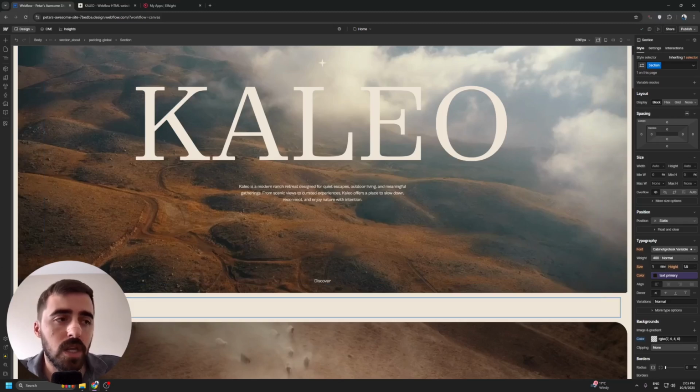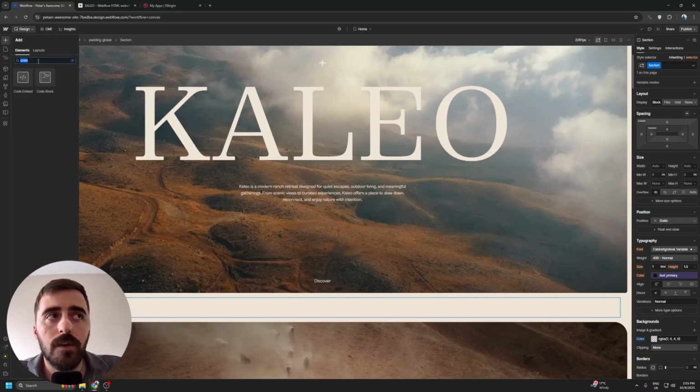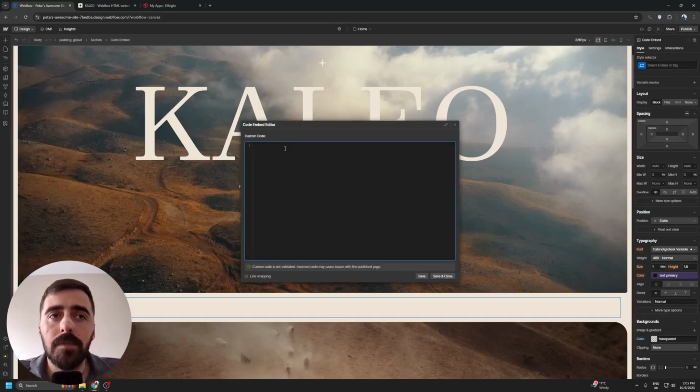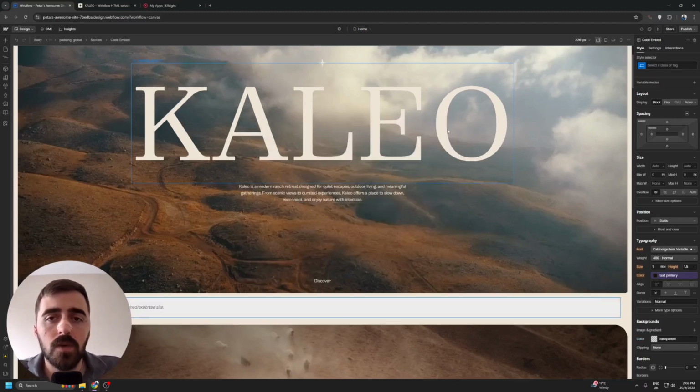So highlight the section that you want to add your form to, and then click on the plus icon here in the top left corner of the screen, and then search for code in this field here. Then click on code embed. That's going to open up this window. Simply paste the code that we just copied from Elfsight, click on save and close,